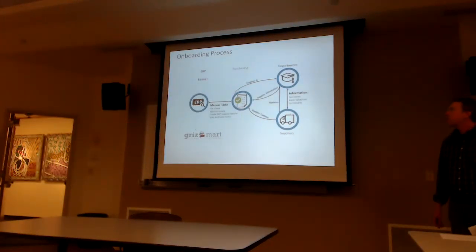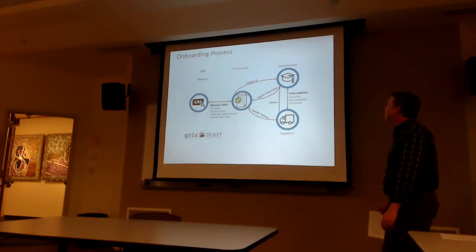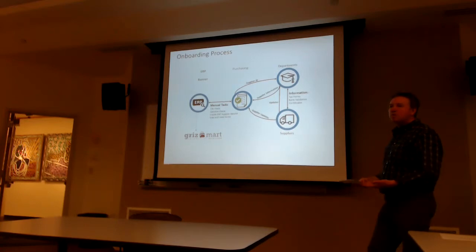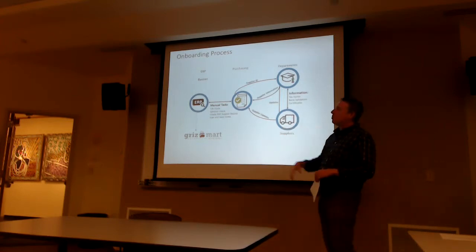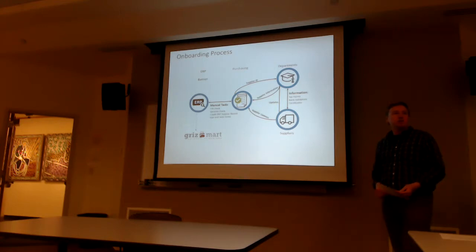So the onboarding process, currently how it works the manual way. You have suppliers that are dealing with departments to ask them, we want to do business with you, and give us your information, your address, your TIN and information, and then it either comes into Grismart or it comes through an email into Tracy, and then she has to put it into Banner basically, and then